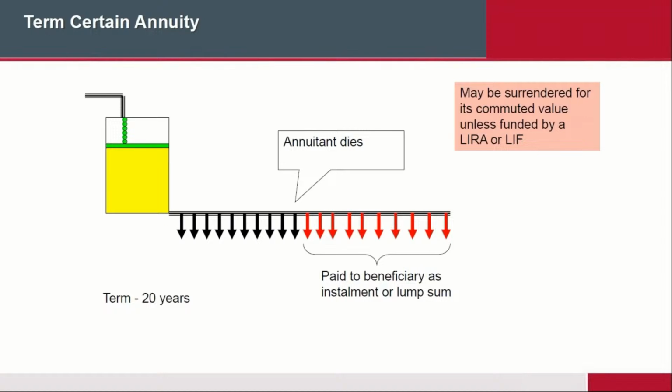So a term certain annuity is an annuity that pays out for a specific period of time. And should you die in between that, then your beneficiary will receive a lump sum, or will continue to get the same payment as if you were still alive, basically, for the balance of the annuity period. So it is term because it expires, but it is also certain in that one way or the other, either you live and get all your money, or you die and your beneficiary gets the balance of the money. The annuity will pay out. That's the main thing about a term certain annuity.